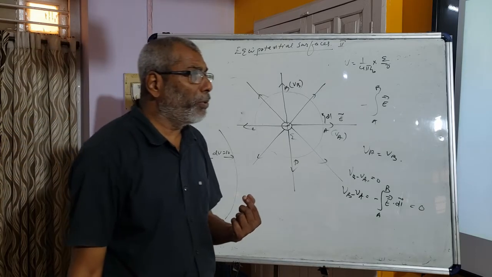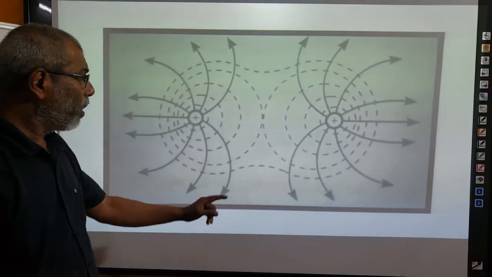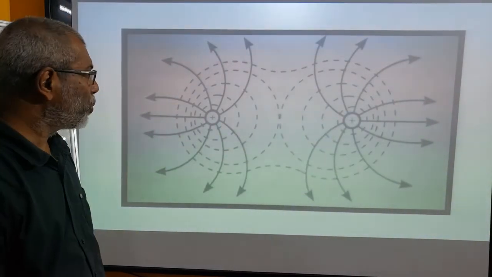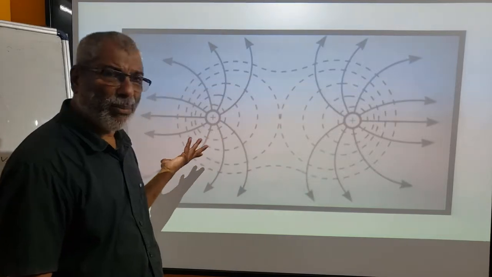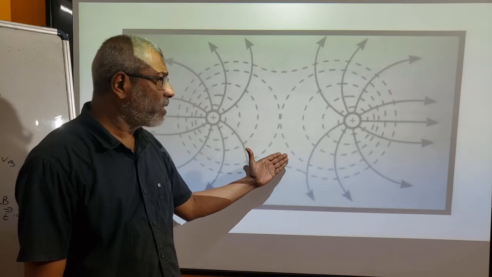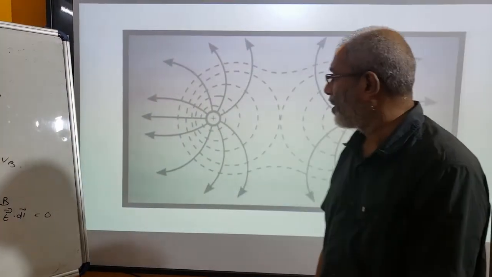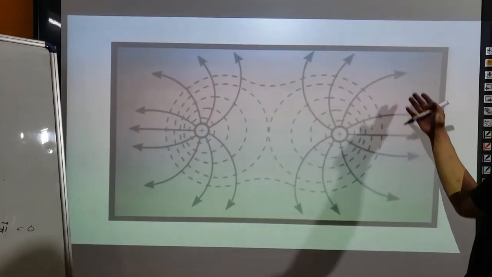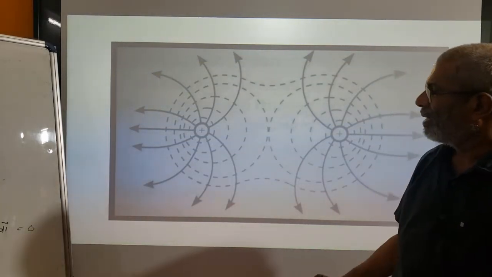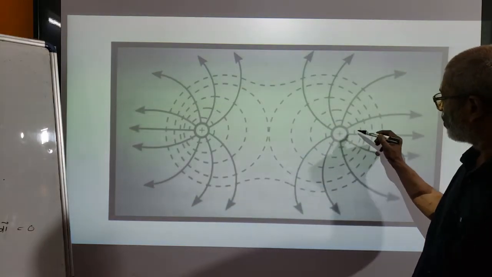Now I am going to explain how equipotential surfaces can be made on paper for two like charges. The figure shows two like charges, positive; they can be negative also, no problem. First of all, to make the equipotential surfaces, we will have to make the field lines. Field lines are shown in the figure with arrow marks. These are the field lines. In this case, you see a very interesting thing: this is an equipotential surface, and here also this is an equipotential surface.